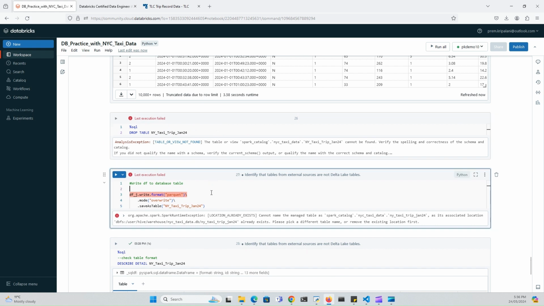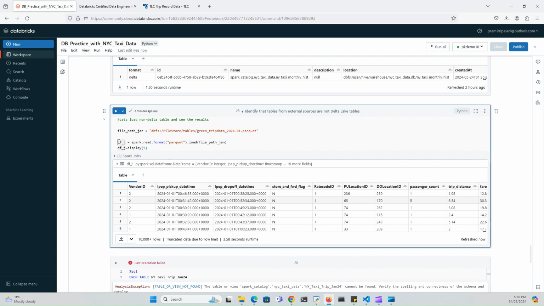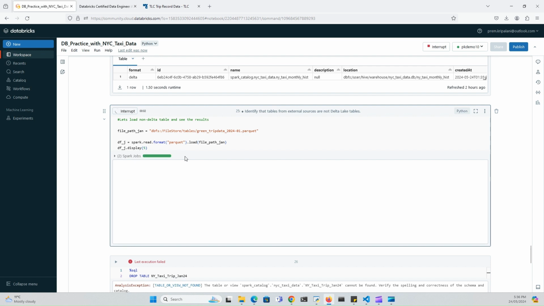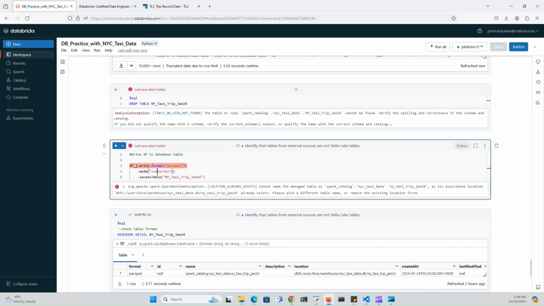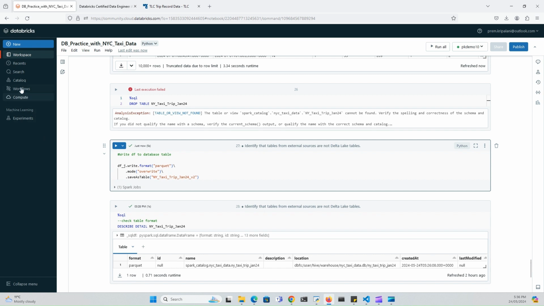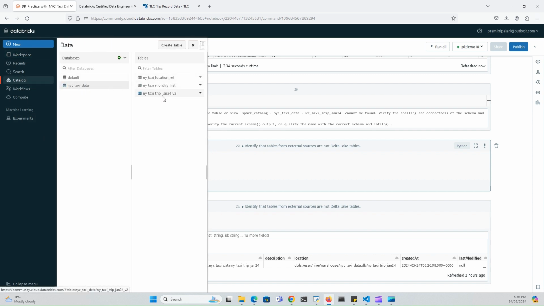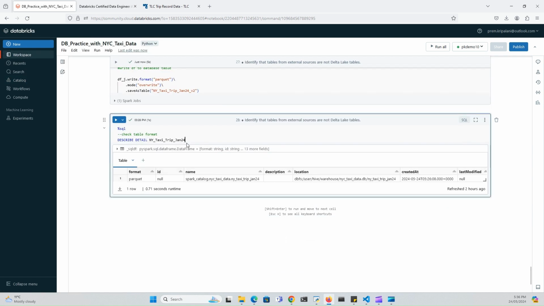It says it cannot be found, so displaying, this is displaying fine. Right, Parquet, let's try V2. Let's see if it likes it or not. It did like it. So here, the V2 table, we got it here. So when I go to V2,